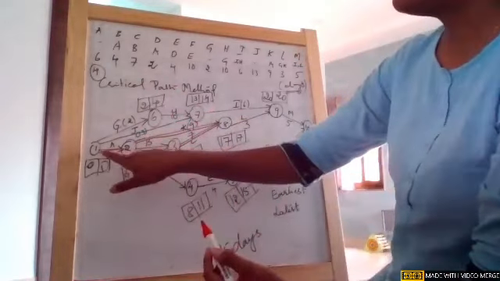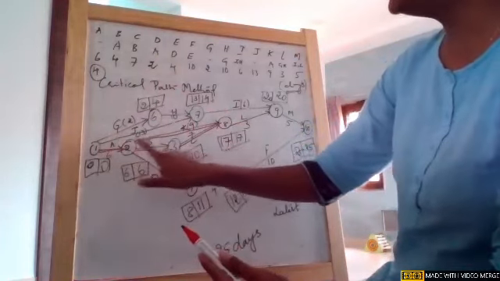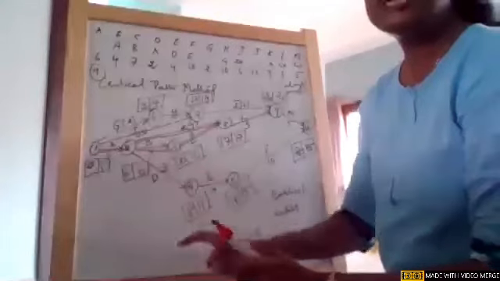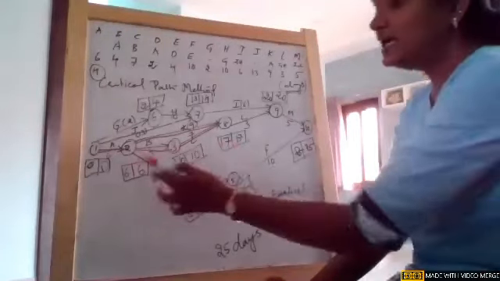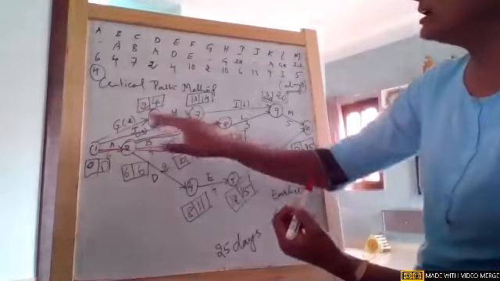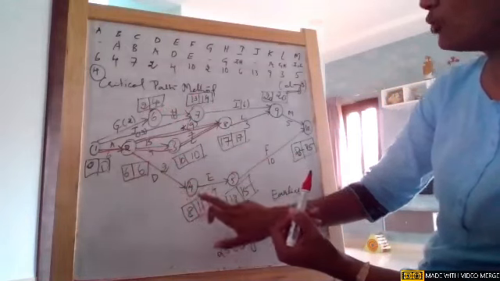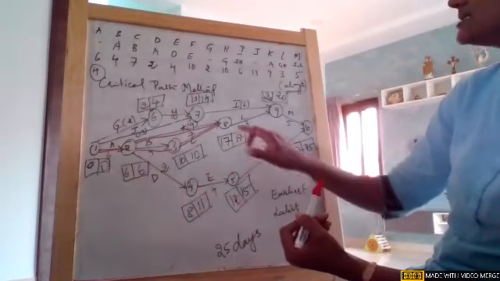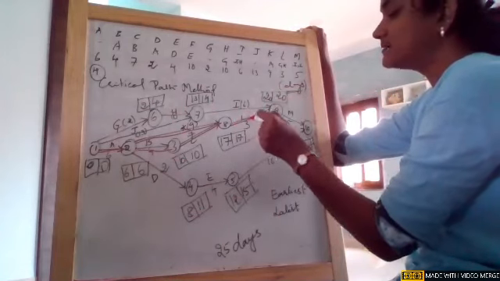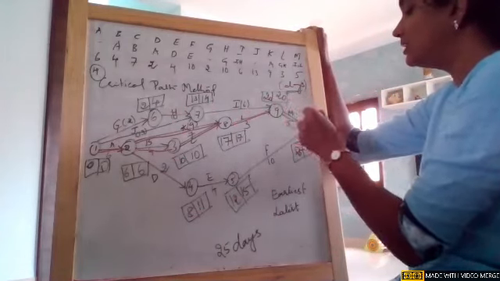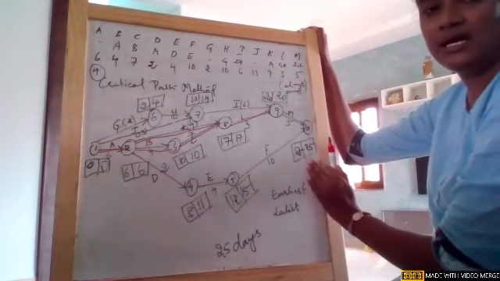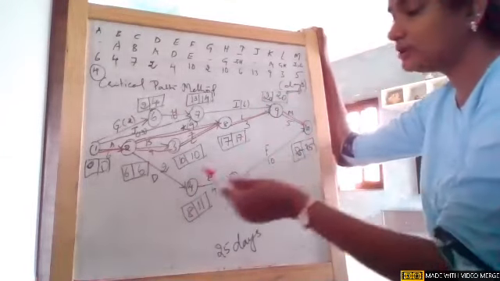So girls, 1 to 2, 2 to 8, 1 to 2, 2 to 3, 3 to 8. Wherever the nodes are having earliest and latest times equal, I am just considering those nodes and path. So this I cannot consider. And now come to 4, I cannot consider this, I cannot consider this. From 8, if you see, it is directly 9, which is having earliest and latest times same, and 9 is giving to 10. Now I cannot consider this path. This is not having earliest and latest equal, so this will not come into my duration.